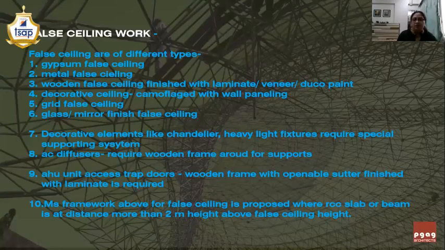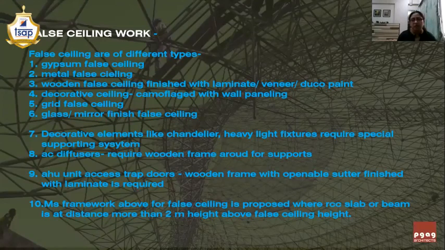Sometimes you need to finish the trapdoor with laminate if the access door is located right in the lobby.